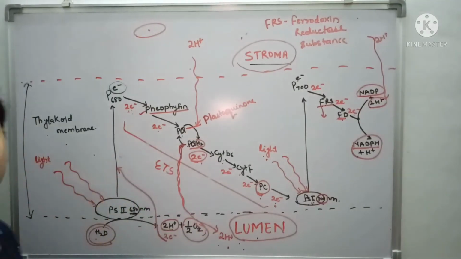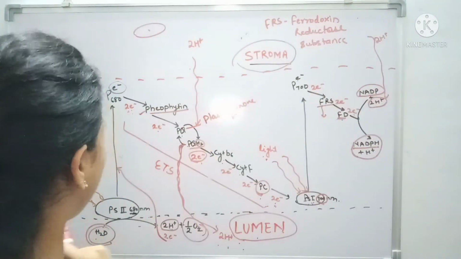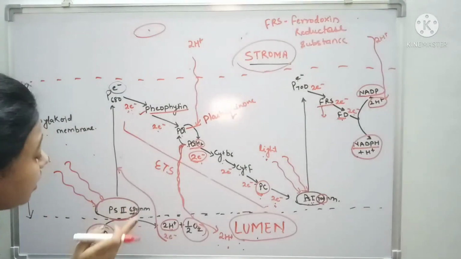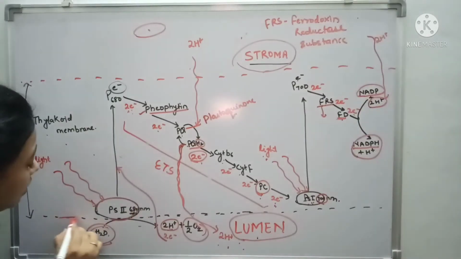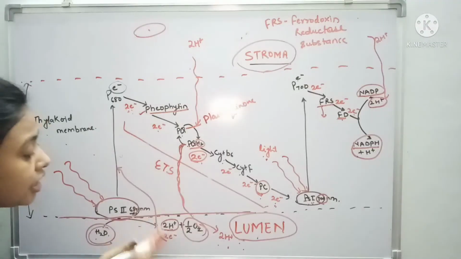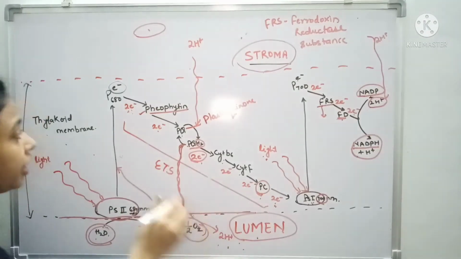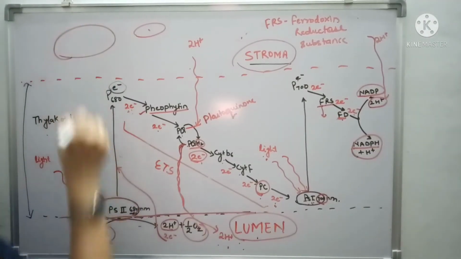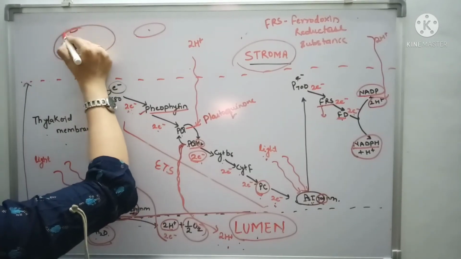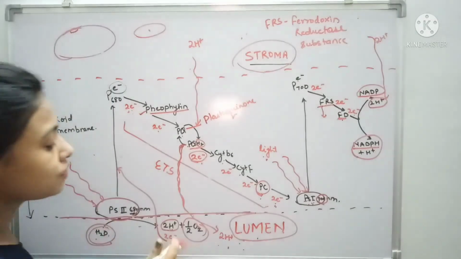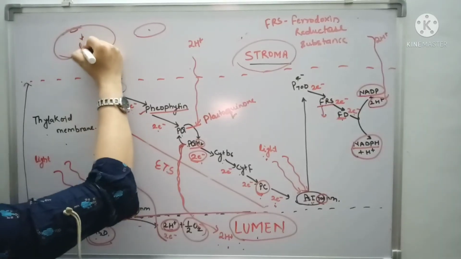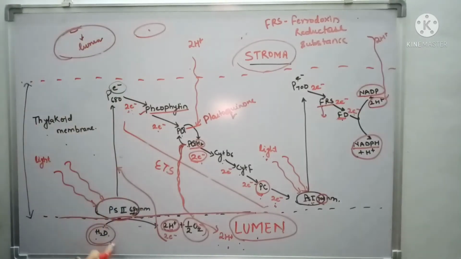Now let's talk about the next thing: splitting of water. This complex gets attached with the photosystem second, and it is attached inside the lumen wall. This is the lumen. So it is attached inside the membrane into the lumen. Are you getting? This is the thylakoid membrane. So this water splitting complex is attached over here, on the inner side of the membrane. That is why the hydrogen gets released into the lumen. Clear?